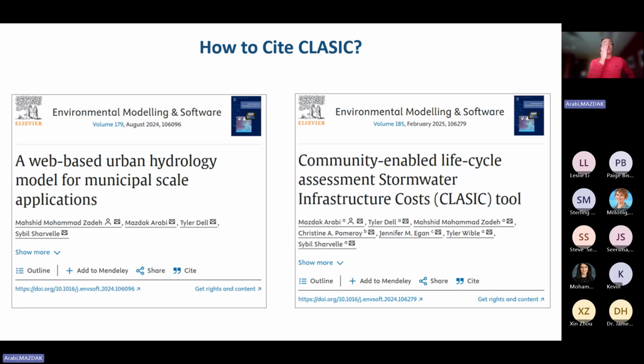So if you're interested in learning more about how we model hydrology, the hydrologic simulation model that is incorporated in the CLASIC tool is the SWMM model, the Stormwater Management Model developed by EPA. But we have modified the tool to be able to run the model at municipal scales with computationally reasonable time requirements. As most of you are familiar, SWMM is mostly applied at catchment or sewershed level, and also it can be